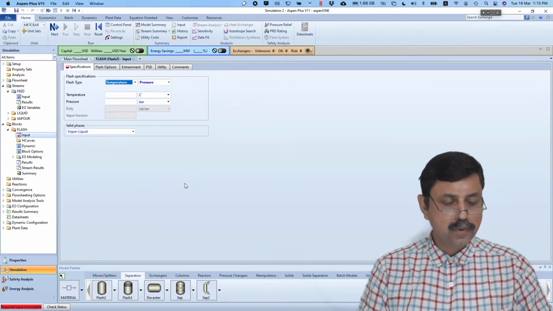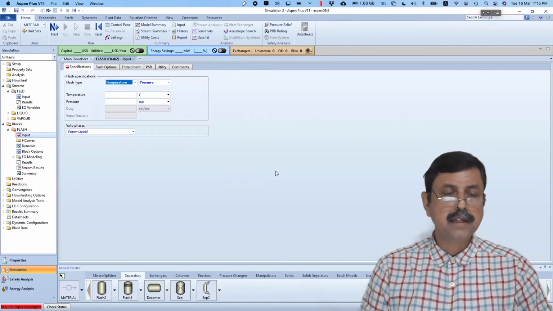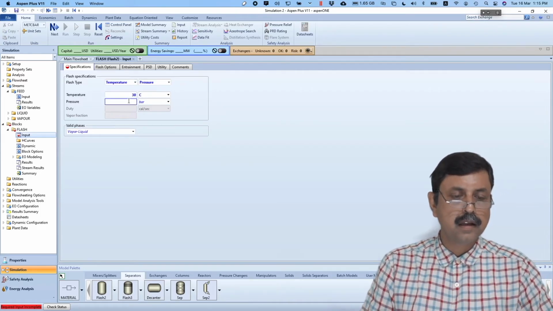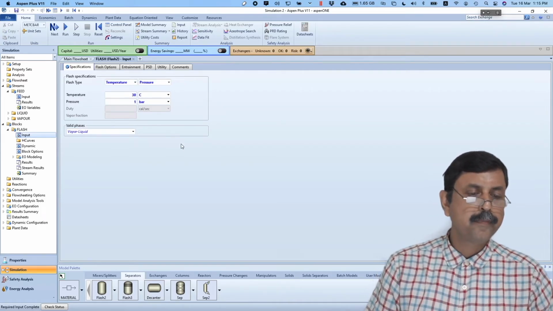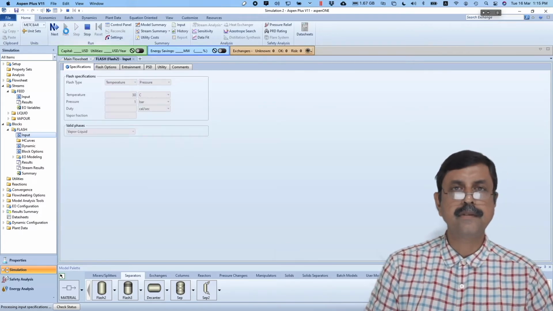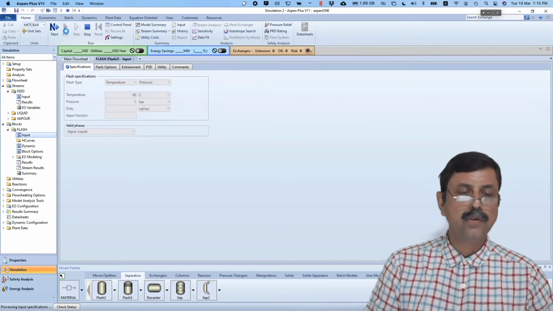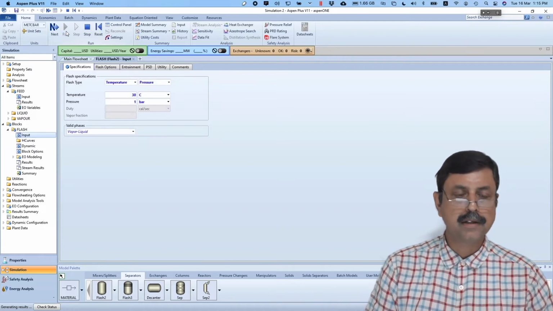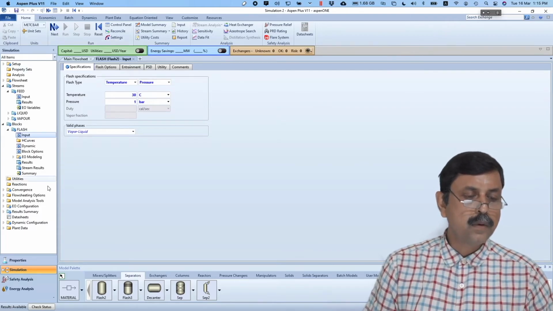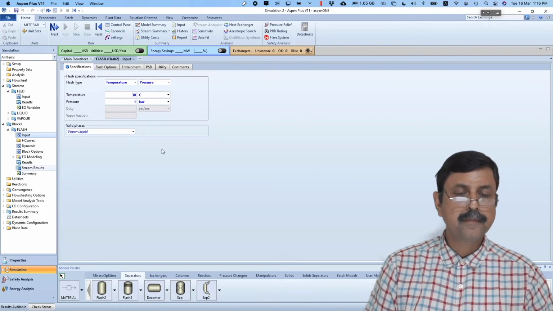And the flash input, we have 1 bar 30 degrees centigrade. Okay, now it is ready to run. For the time being, let us not use any optimization, let us run it. Now, if you see the results,